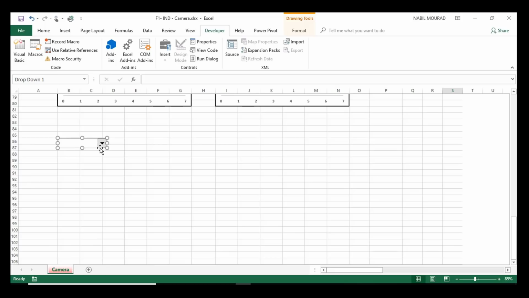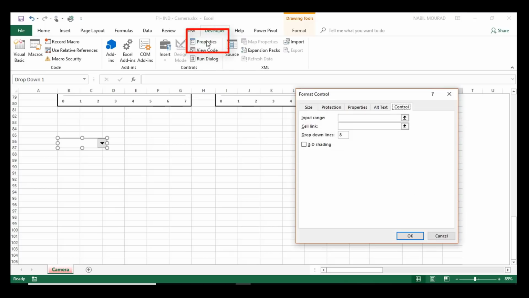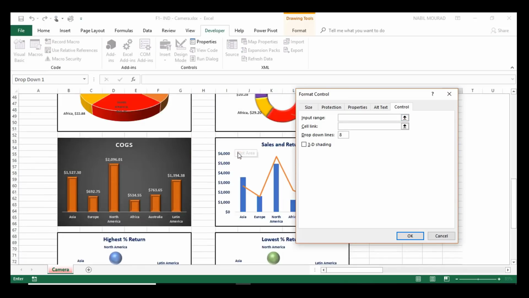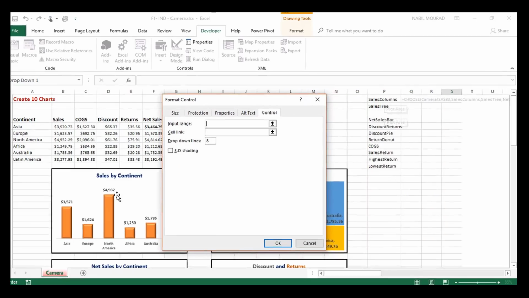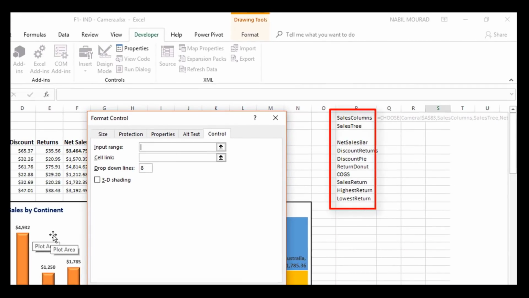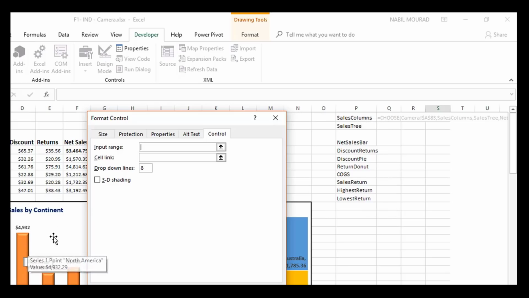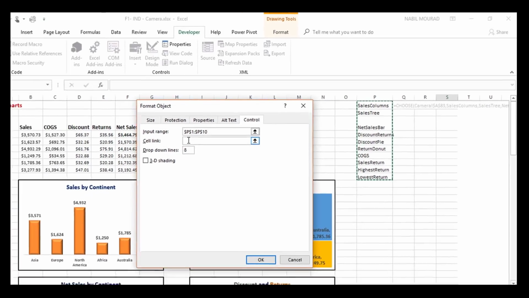With my combo box selected, I need to select the input range, so I click on Properties on the Developer tab, and in the Properties dialog box, I have an input range. So if I put my blinking cursor in that input range, I already created a list of the different names of the ranges upon which the charts are sitting. Remember, each one of these charts is sitting on a named range. Here is the list of names that I used for naming the ranges behind each chart, and this will be my input range. So if I click and drag to select this input range,